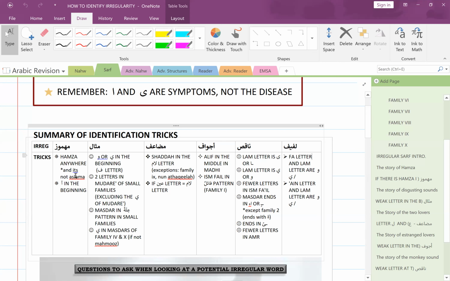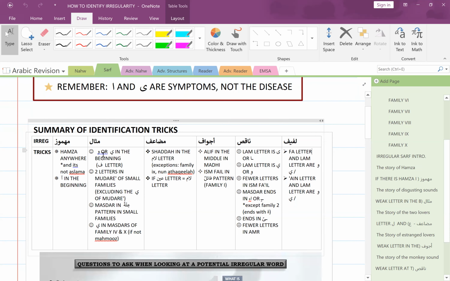Of course, except for aslama, where hamza is part of the container, so that gets a little bit confusing. And if you see any madda, like akhadu, you know something happened there. There was a hiccup, and so it became a mad. That should tell you maybe this is two hamzas coming together. Mithal is where you have a waw or a ya in the beginning, in the fa letter. Then that's a dead giveaway that it's mithal.